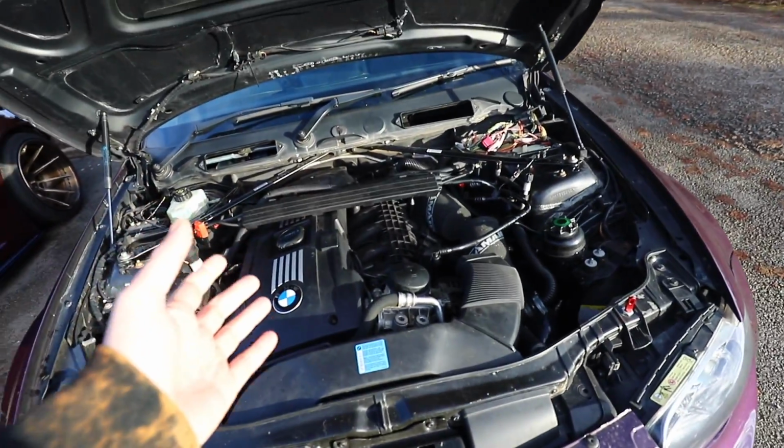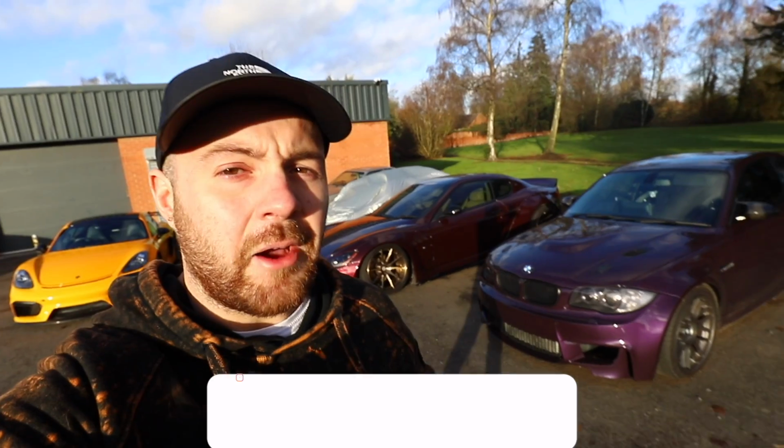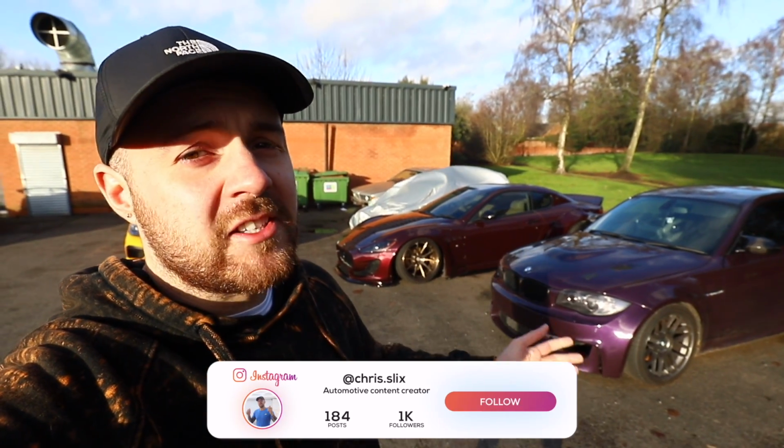And that is such a shame because I really love driving and owning this car, and I haven't driven it for so long now. Now, every problem's fixable, and I'm sure this one is too,